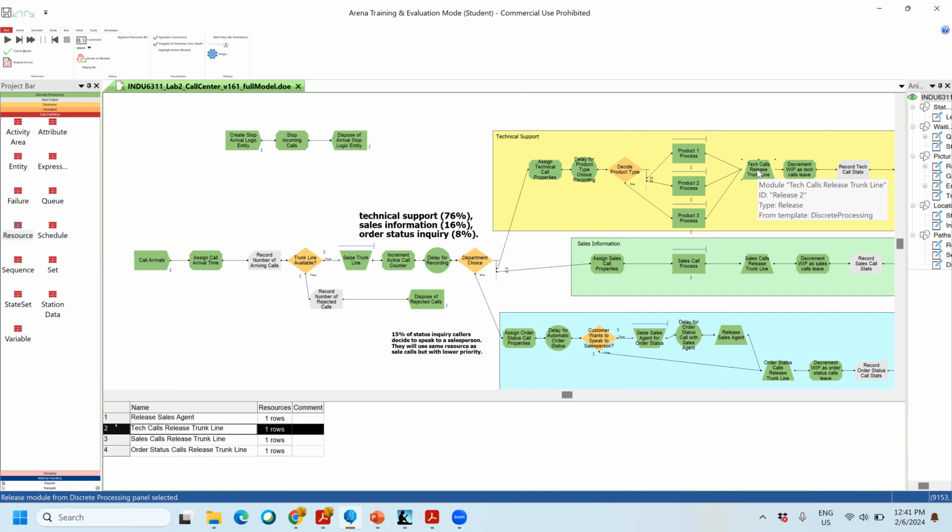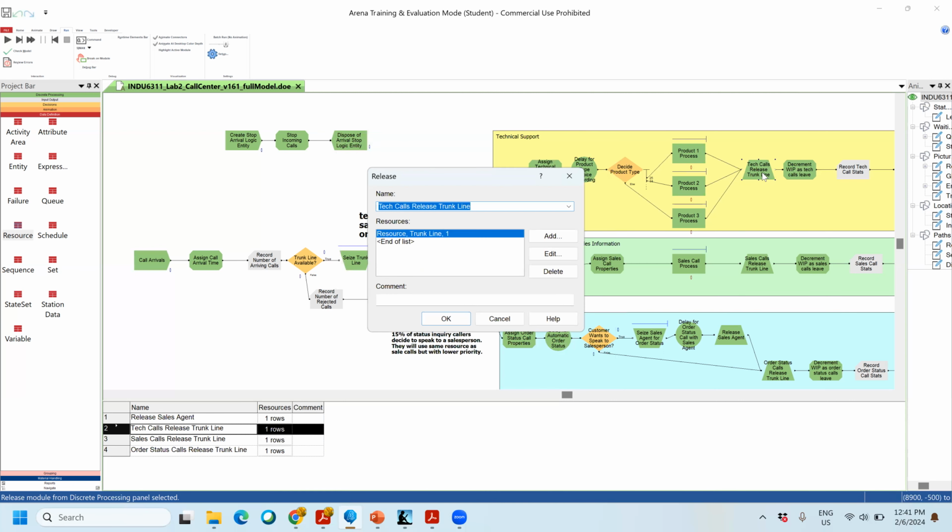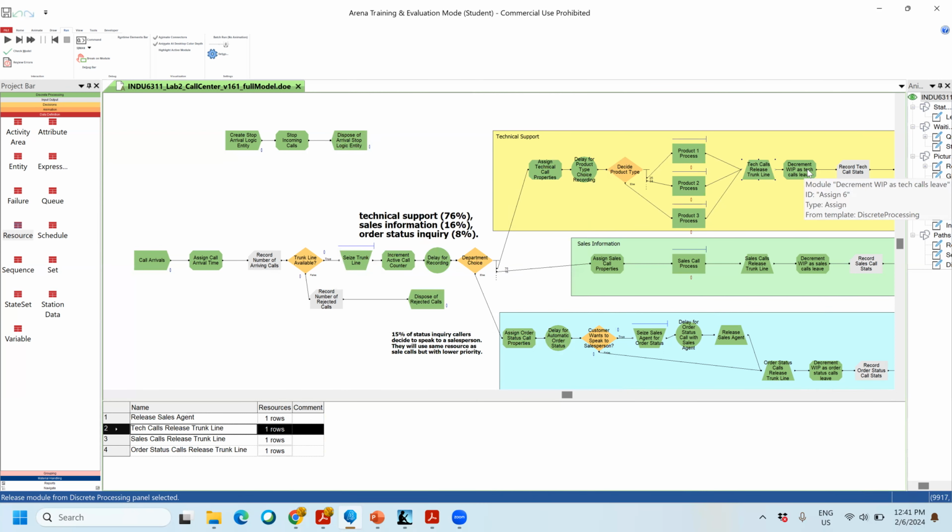released. So now you see why instead of only using one process, I had to use seize, delay, release modules separately, because some seize happens, but between this seize and this release, more than one activity happens. So now I have to release my trunk line, of course. I release it, and then I want to